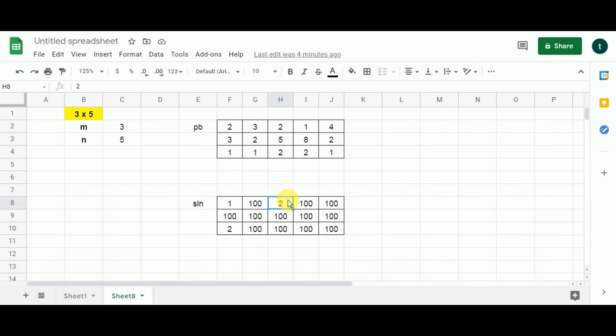Now we move to the second condition. So let me first write down the address of this cell. So address is 0, 2. 0 is the row component and 2 is the column component. So we take a look at the value in the same cell from the problem matrix, which is 2. If I add a 2 to this row component, I get 2. Now this 2 has to be less than 3.